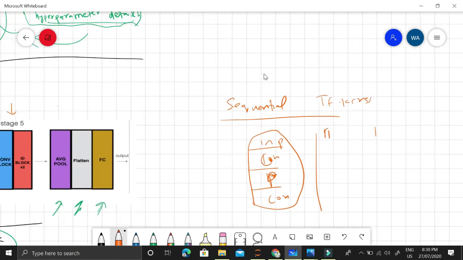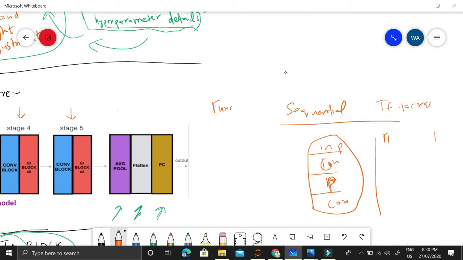Let me clear all this. The Functional API is much better to be used here. In the Functional API, we have an input layer, and then suppose a conv layer, but the input of that conv layer will not be automatically inferred from the sequence, where the layer above is the input to this conv layer, its output is the input to the pooling layer, and the output of the pooling layer is the input to the next conv layer. That is the sequential way, which is pretty clear. But here we are taking more control, and we are saying that we will define our own input.